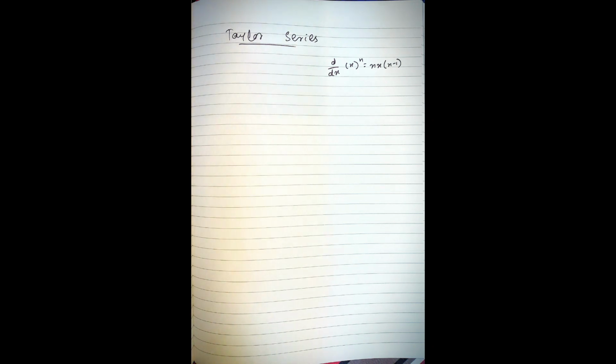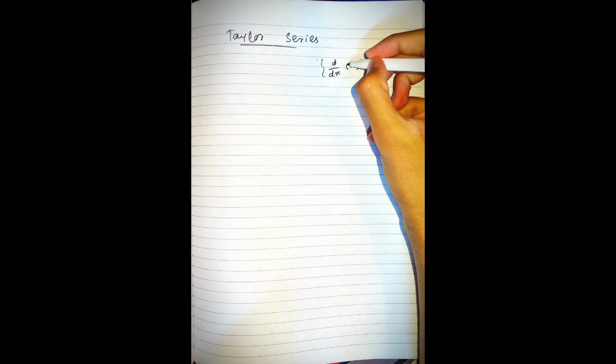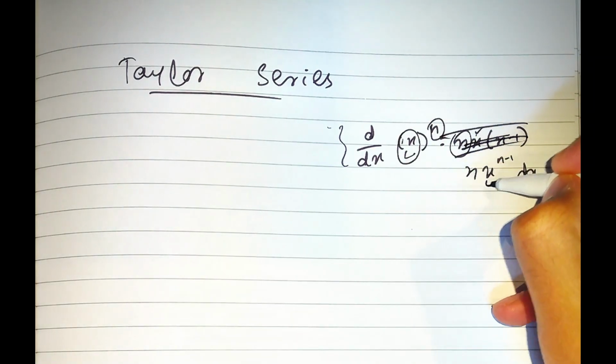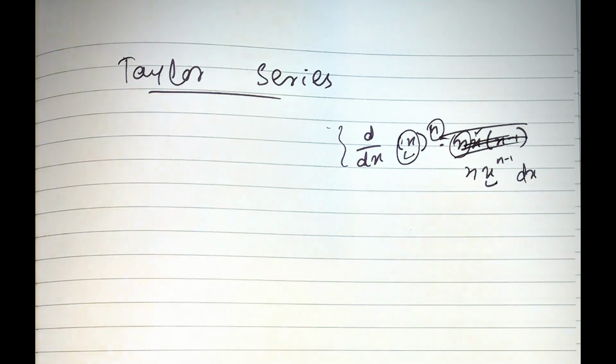Okay, so guys, in this video we have to study a very important thing known as the Taylor series. Before studying the Taylor series, I want to recall a very important formula which says that if you are taking the derivative of a function which is having an exponent, you will basically separate n, and then the function will be as it is, the power minus 1, and then the derivative